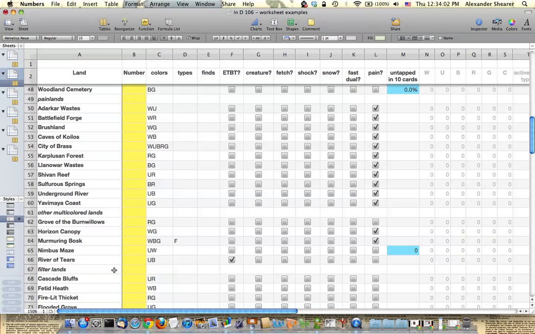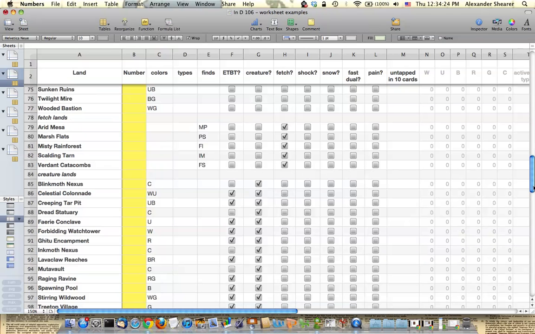Going on down, we have the filter lands. One feature that I don't have in the worksheet yet is accounting for the color needs of the filter lands. A Fetid Heath, you've got to have a white or black producer for it to be useful, right? That can be accounted for. I just basically didn't want to have this week's column be any later, have the worksheet be any later, by engineering that in also. I plan on getting to it in the near-ish future. Then we have fetches. And you'll notice the fetches have no intrinsic color production, but as you put things into the spreadsheet, colors will actually appear here because we collect what colors each fetch gives you access to. Then creature lands, various stripes,